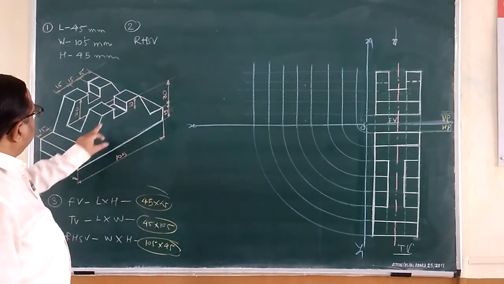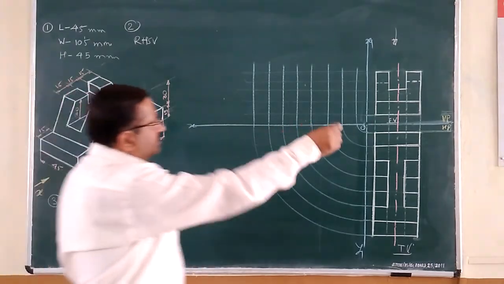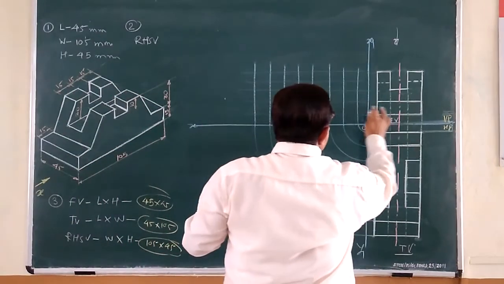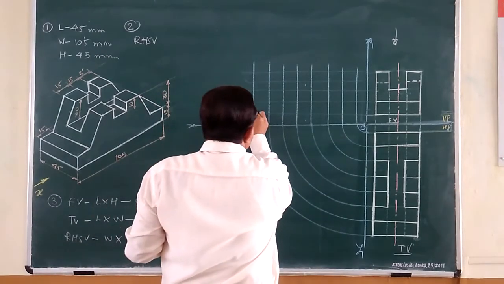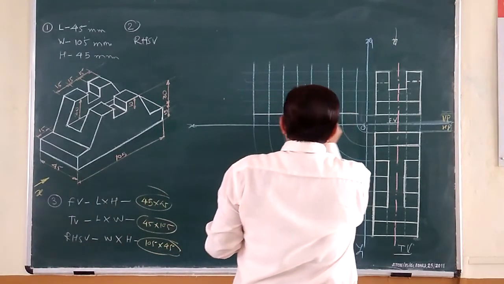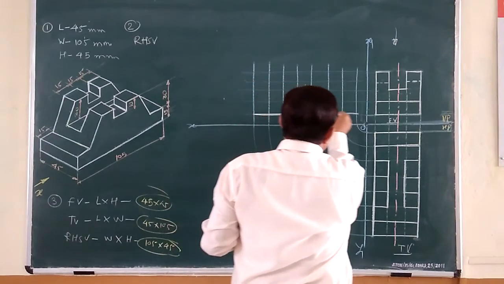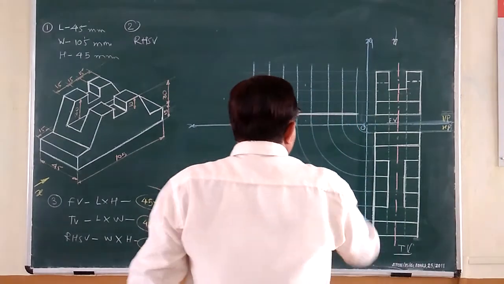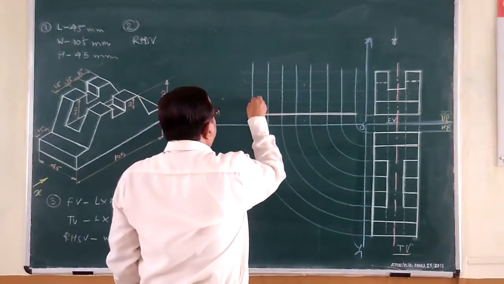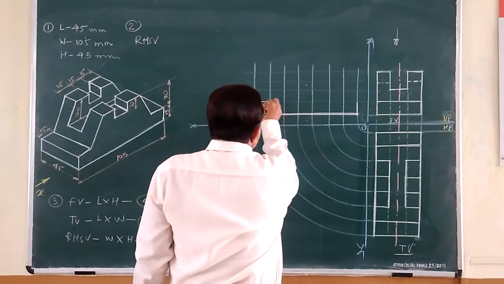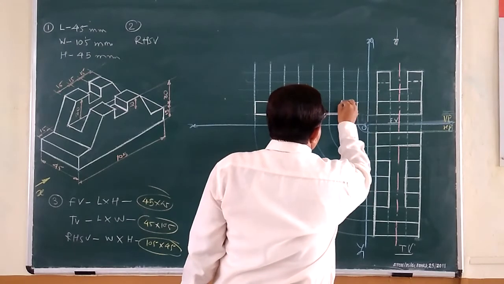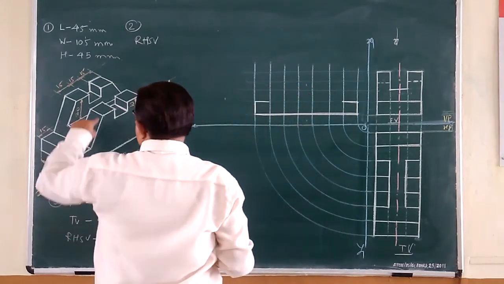Now, first of all, we should finish this surface, this shape. Let's just go on stretching the lines. Just see this base plate. Yes. Baseline of 105 line. That I will stretch first of all. Finish that line. We will start with that line first of all. After that, 15 mm height is there. Get vertical segments of 15 mm. Horizontal again 15. From both the sides 15. Yes. This line lies now.